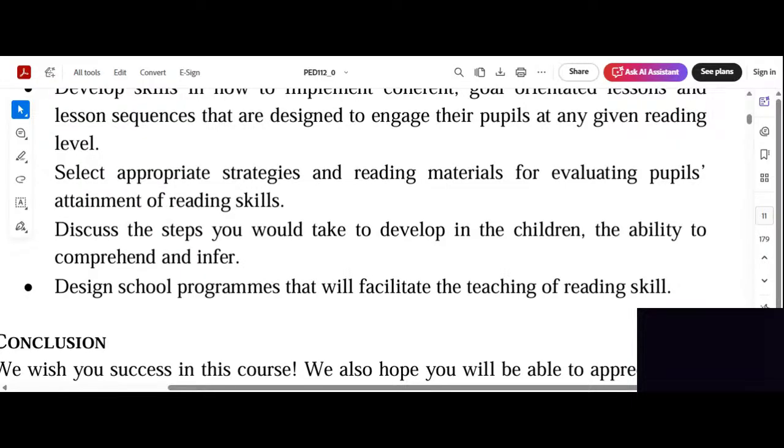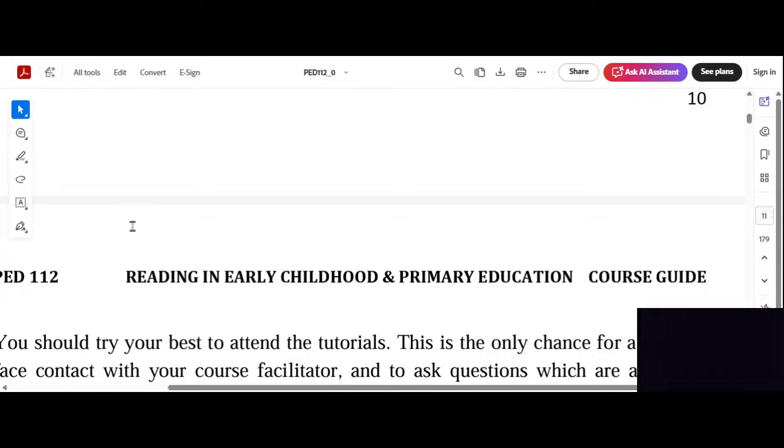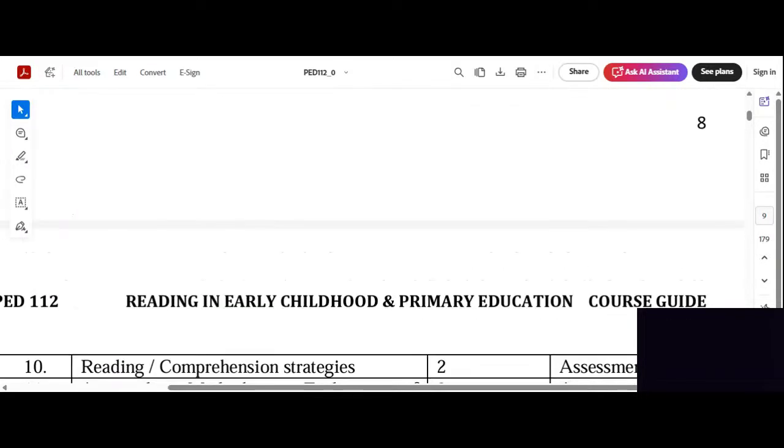Then you will learn how to discuss the steps you would take to develop in the children the ability to comprehend and infer. They should be able to make inferences after you've helped them to understand a particular essay or so. Now, design school programs that will facilitate the teaching of reading skills. Those are the things the course is trying to achieve in you or bring out in you, and that will be done under several